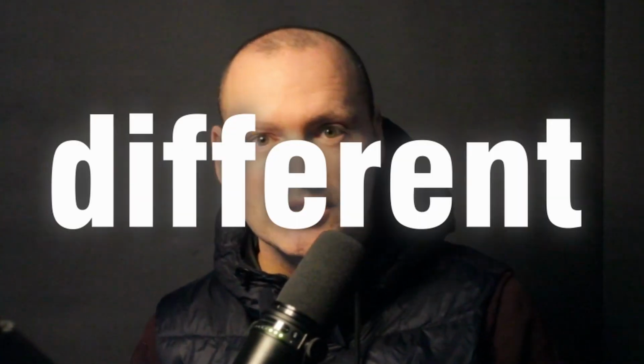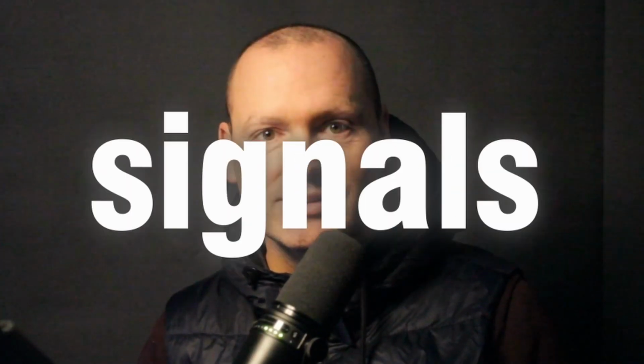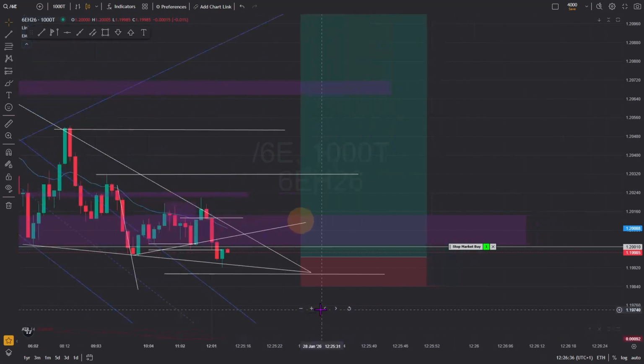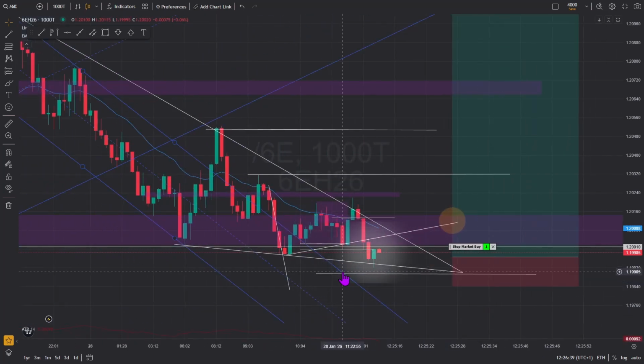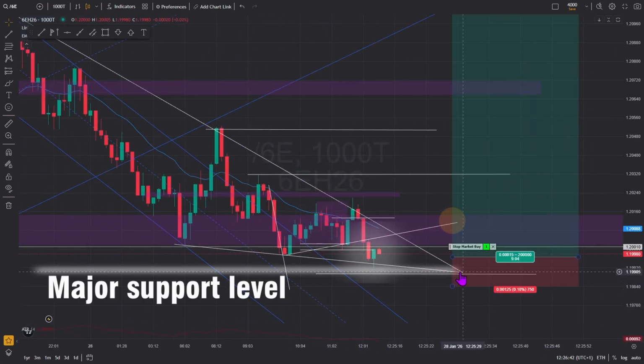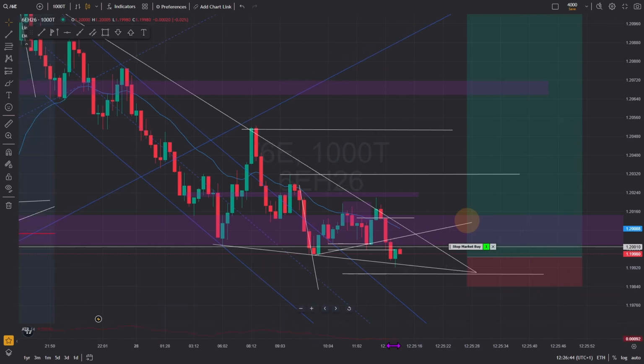I'm going to break down the things I analyze: the market structure, main levels of support and resistance, patterns I see on the chart, if there are ranges, if there are attraction areas. I also always like to analyze different scenarios in case I'm wrong, and of course, which signals are the entry signals for your trades. We have a nice pin bar candle at this major resistance and support level,